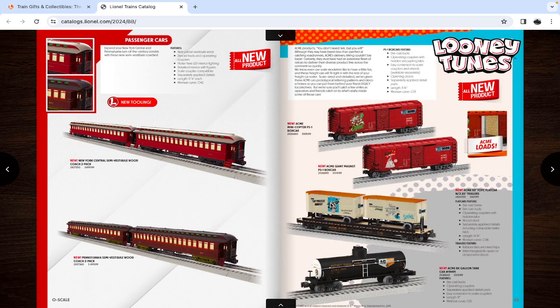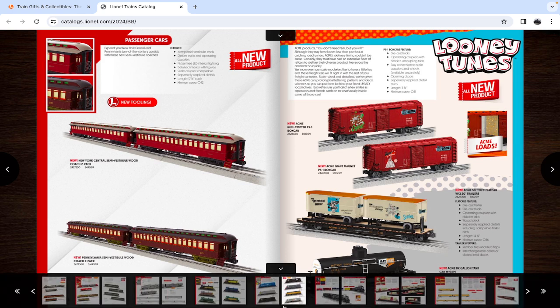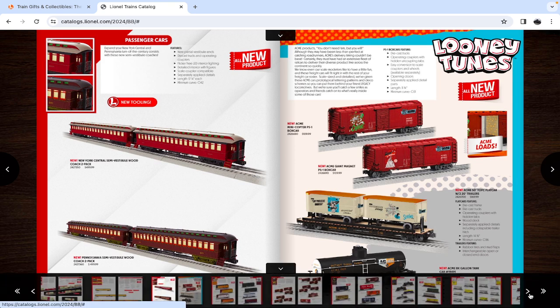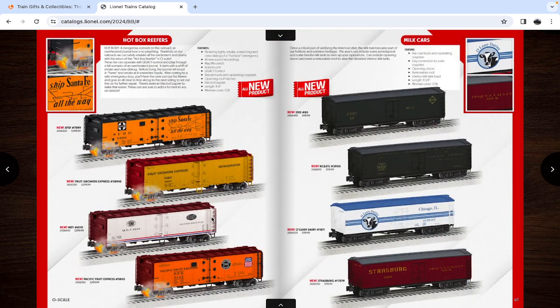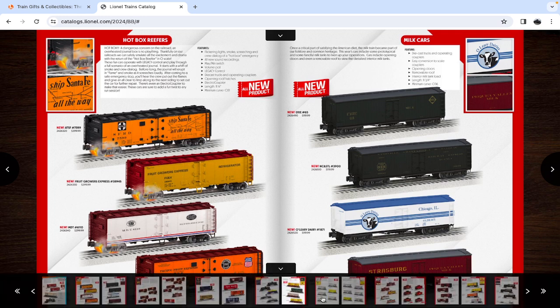Then we got some add-on passenger cars, Pennsylvania, and also some New York Central. In this case, you can use those with any of the 460s that came out in the previous pages. And now I'm going to skip over a few things. There are also some more hotbox reefers available. Again, I do hope they update the sound system in these, because the original sound systems were not my favorite. Something I may get down the road if I ever would like to get any more